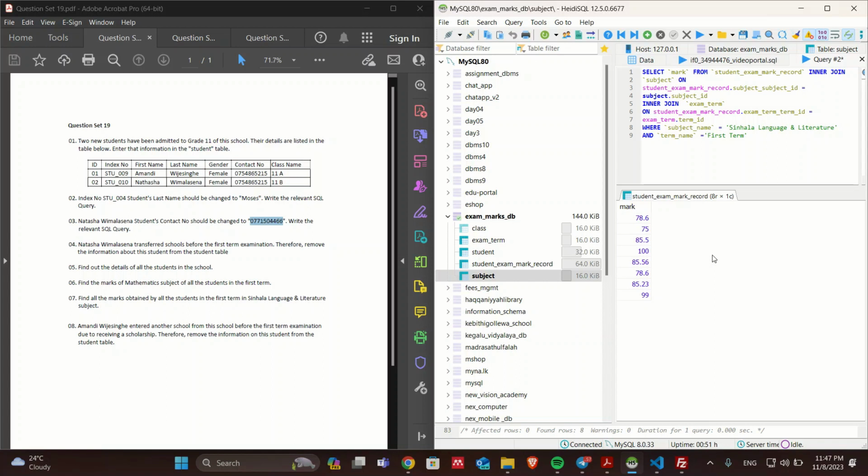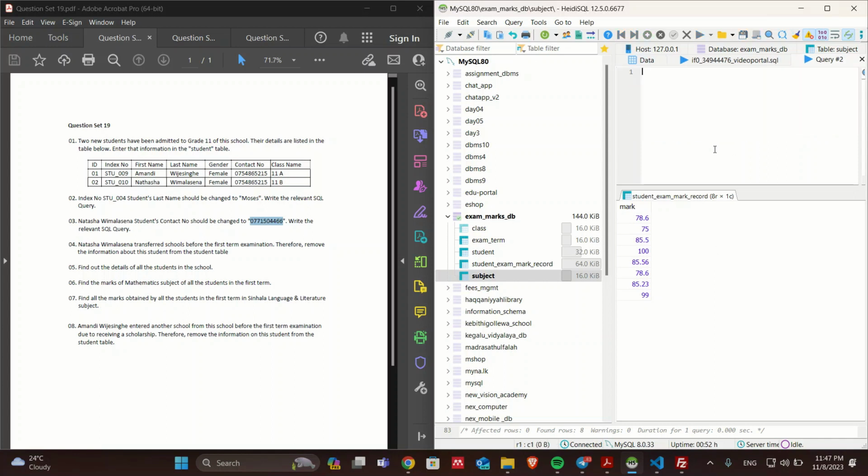Amandi Vijay Singh entered another school from this school before the first term examination due to receiving a scholarship. Therefore, remove the information on the student from the student table. So to do this, let's remove all our queries from our query tab, and then we are going to type in delete. Then I'm going to use a from, and then I'm going to select the table. So the table is going to be student, and then I'm going to use the where clause where